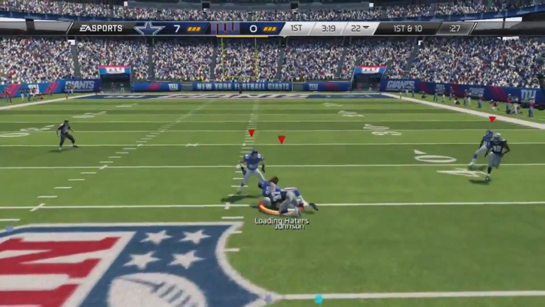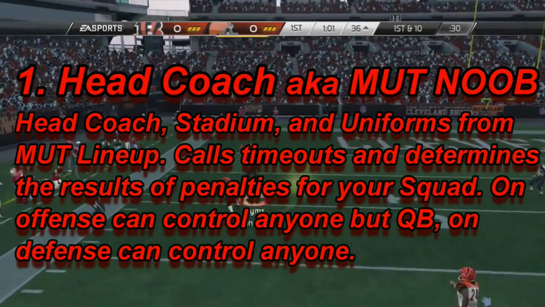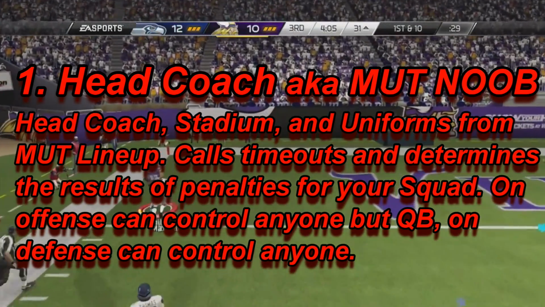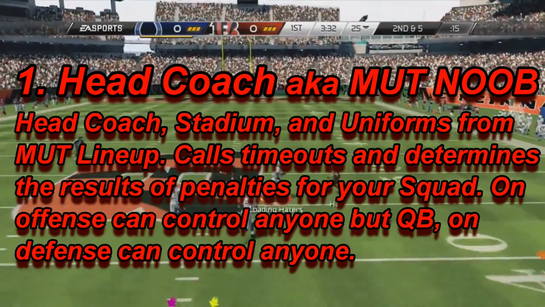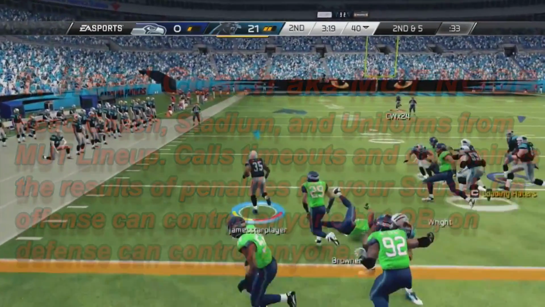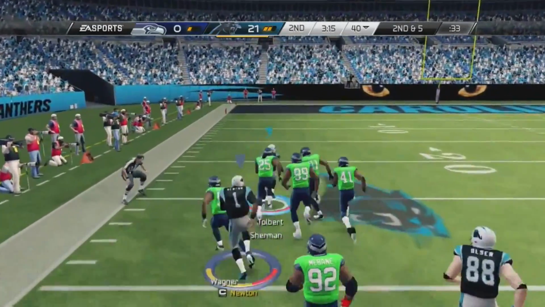And last, but maybe sort of least, the head coach, aka the non-MUT guy spot, brings in the head coach, stadium, and uniforms from that user's MUT lineup. The head coach also calls timeouts and determines the results of penalties for your squad. On offense, he can control anyone but the quarterback, and on defense, he can control anyone. The head coach is basically made for people who are not big MUT players and don't have stacked teams to